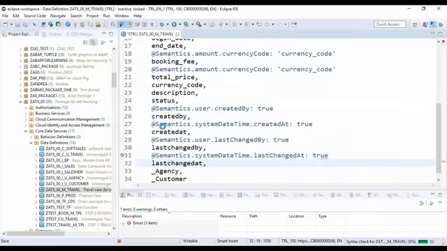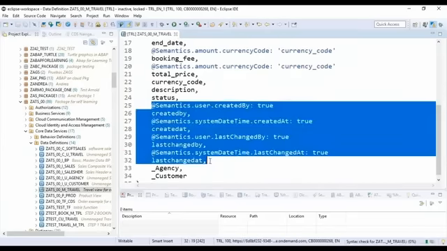Okay. Now, what is the benefit of this annotation? Basically, the benefit of this annotation when I am using the managed scenario is that whenever data is inserted in the database table, the system understands this annotation, and understands that whenever a new record is getting inserted, I have to insert the current user ID